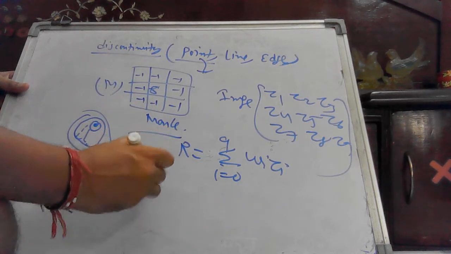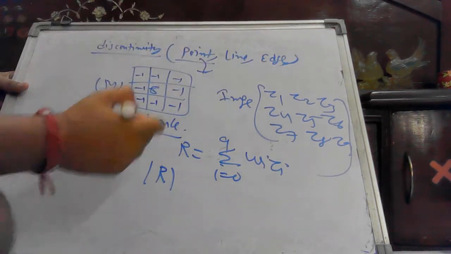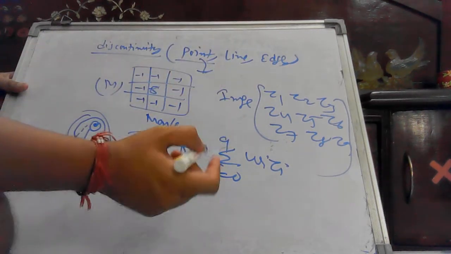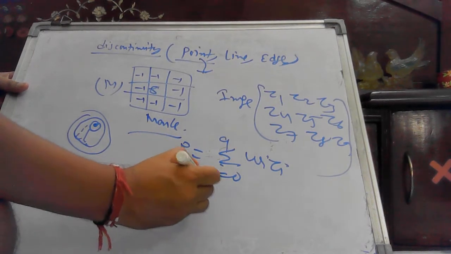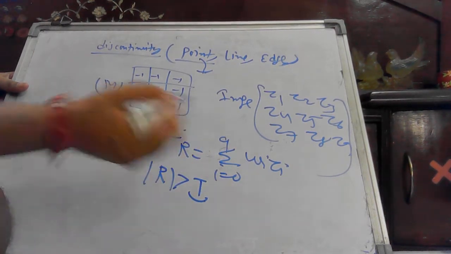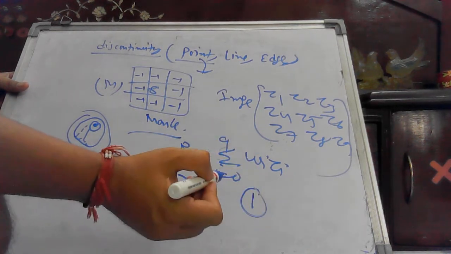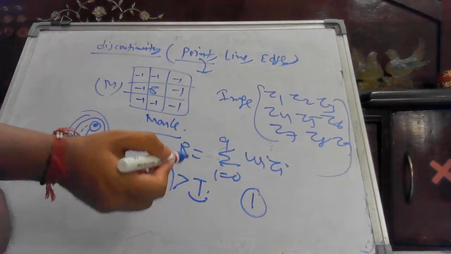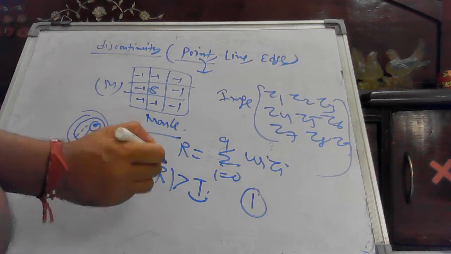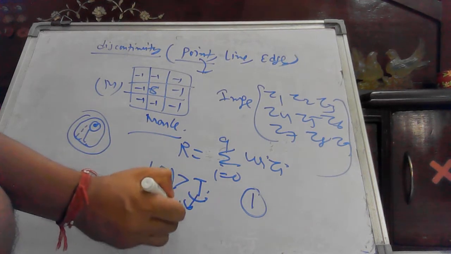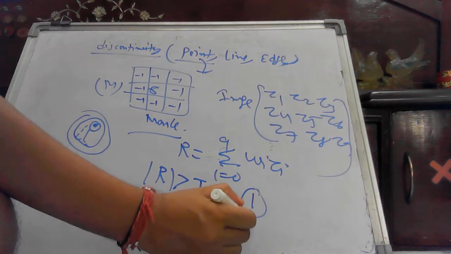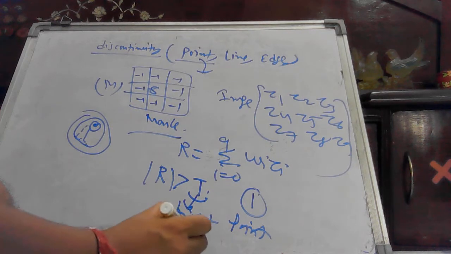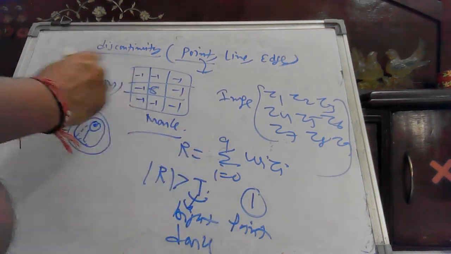Then whenever you are getting the mod of R, the pixel value, the mask multiplied by the set of image pixels, where you are considering Wi into Zi, if this is greater than the threshold, then you make that pixel a 1, or in reverse you can make it a 0, depending on your choice. T is my threshold, a non-negative number, and it is used to detect either a bright point present in my image, or a dark point, because an image point could be bright or dark based on its background.